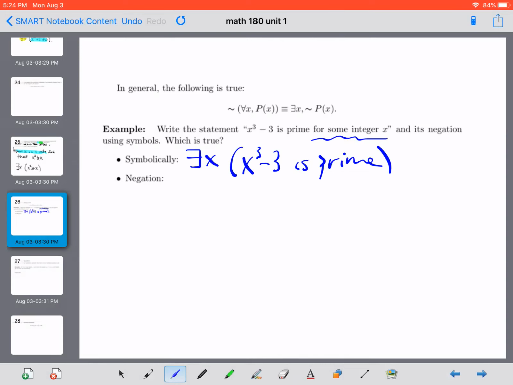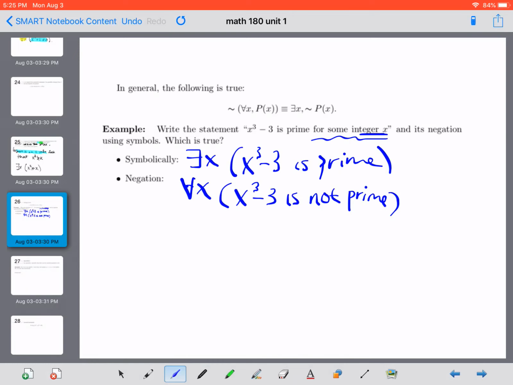Now the negation, according to what we've seen in previous pages, the way that we would negate an existential quantifier is an existential becomes a for all, a universal. So this would be for all x. And then the predicate, the stuff inside the parentheses, gets negated as well. So to say x cubed minus 3 is prime, to negate that would be to say x cubed minus 3 is not prime. So the negation would say for every integer x,